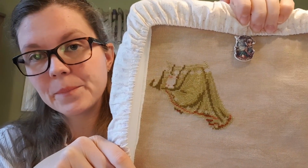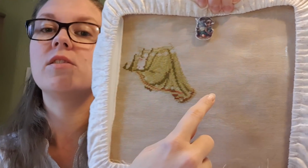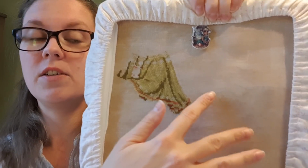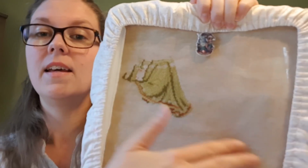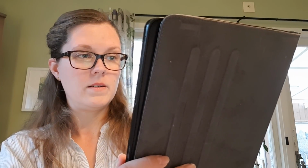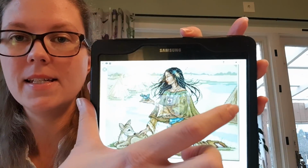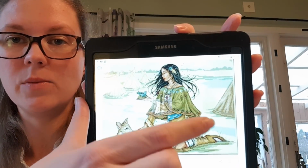I managed to make it right, and then I started and I stitched the tent and the water beside her. I will show you, wait. It disappeared, sorry. I had this tent stitched up and this water here,